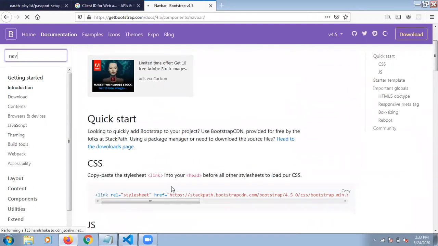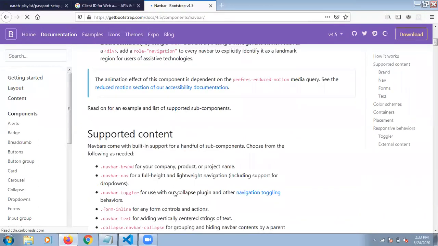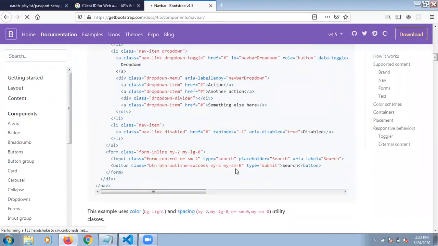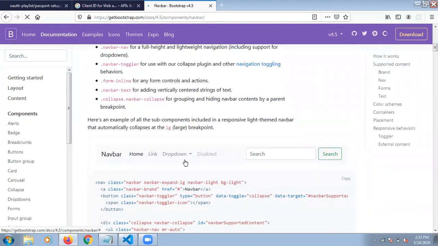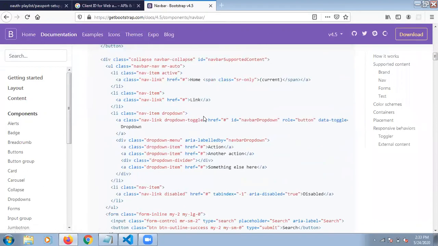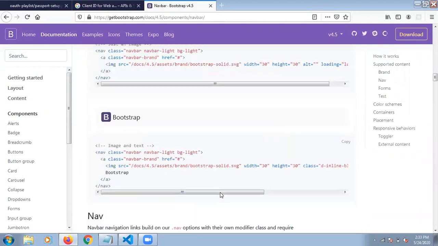There is some internet issue in my area. See, this is the navbar, with all the items. We don't want this search bar because we are not searching anything. We are not using this. So we are using just a small navbar.